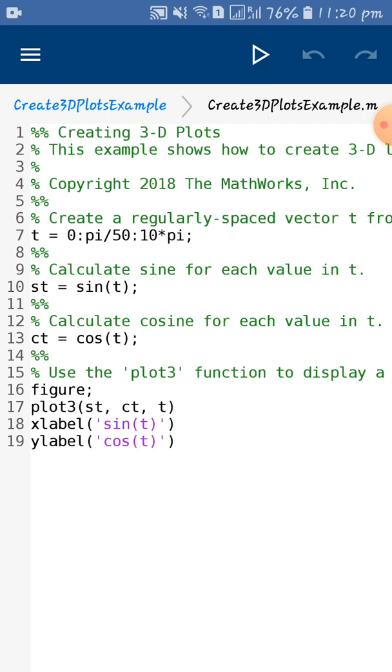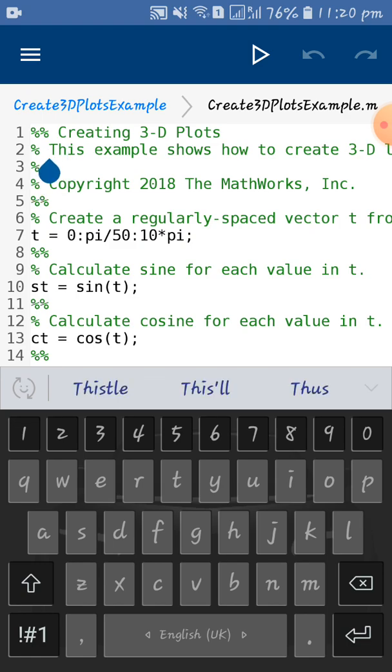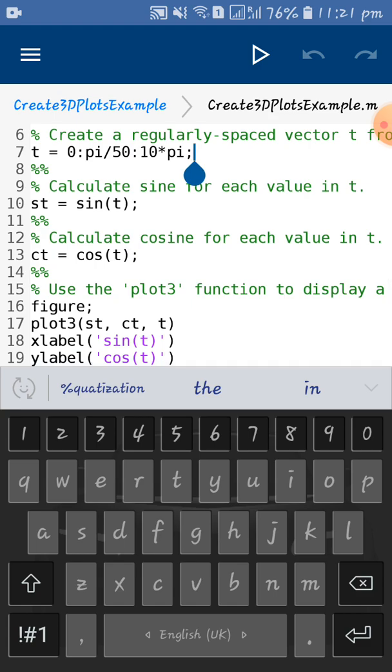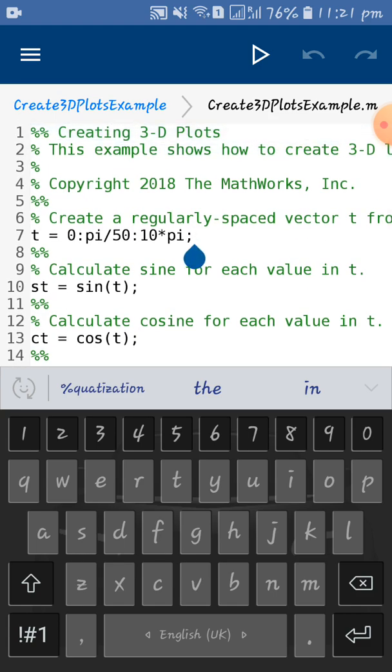When you look at the code, you can see that there is a percentage symbol. Whatever is typed after the percentage symbol won't be executed as code in MATLAB. The percentage symbol is used for explanatory purposes. When you want to explain your code, you just add a comment by giving the percentage symbol. Whatever sentence you type after the percentage won't be executed in MATLAB. The code doesn't have a percentage symbol in front, and you can see the color difference. The comments are in green color and the code is in black color.